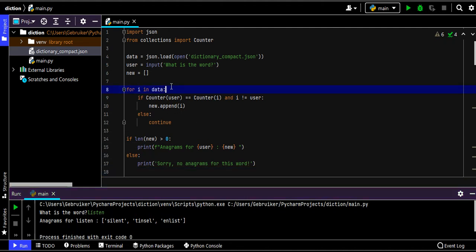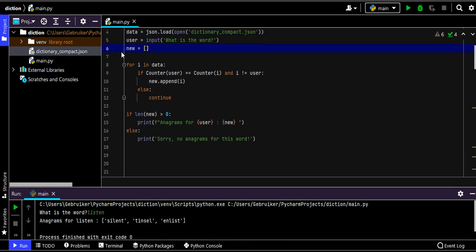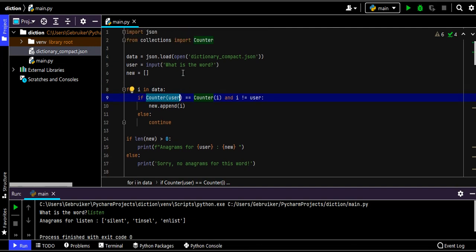Let's just have a review again very fast. So we downloaded this dictionary JSON file from GitHub. Then we also needed to use Counter from collections to count the frequency of the letters in a word. Then we loaded that in the dictionary and opened it into a data variable. We got the user's input, and we had an empty list so that we add our anagrams to the list. Then we looped through the keys in the dictionary. So we say for i in data, if Counter of user, that is the frequency of the letters in what the